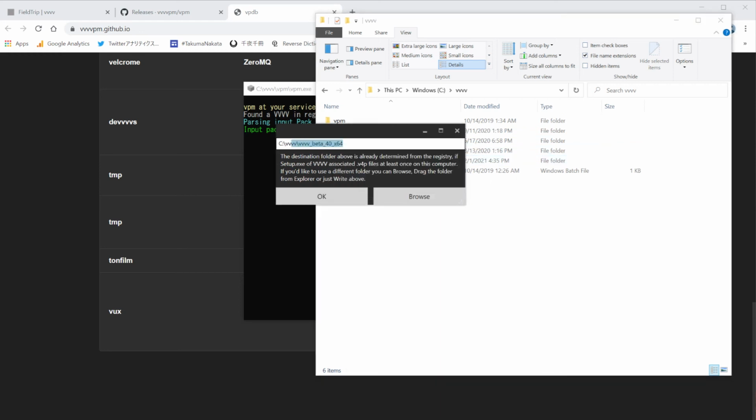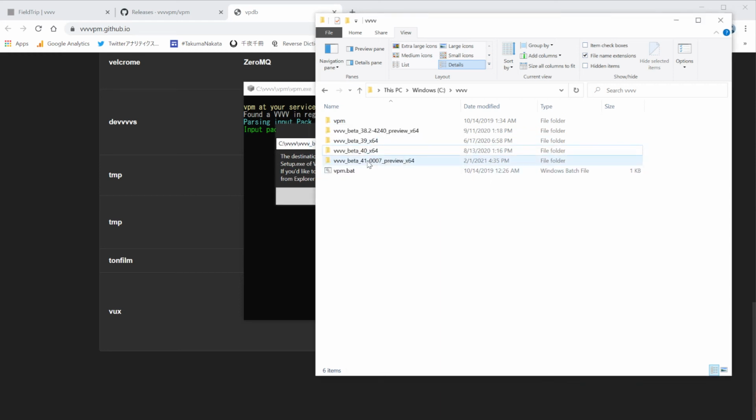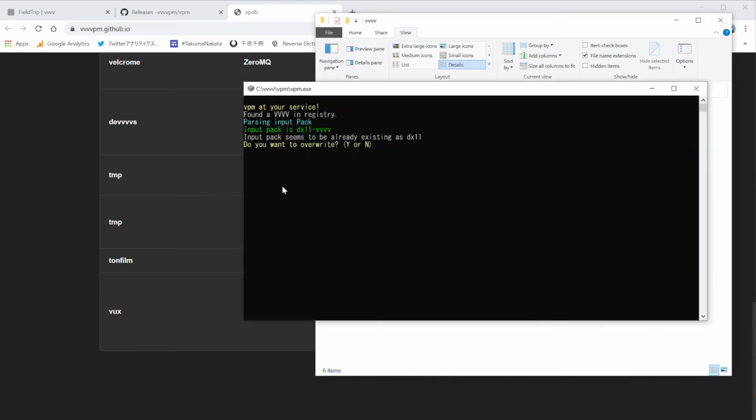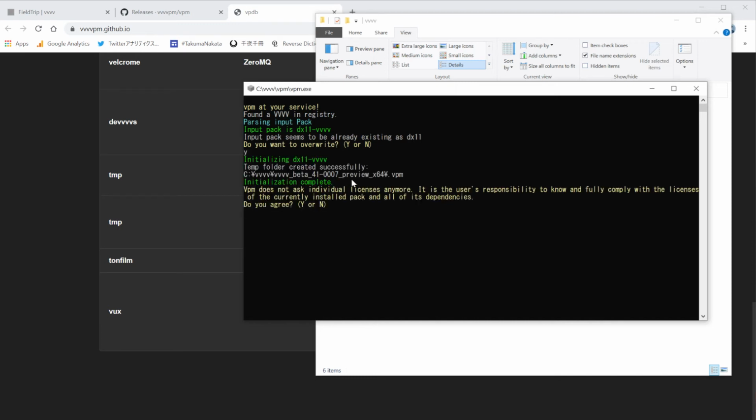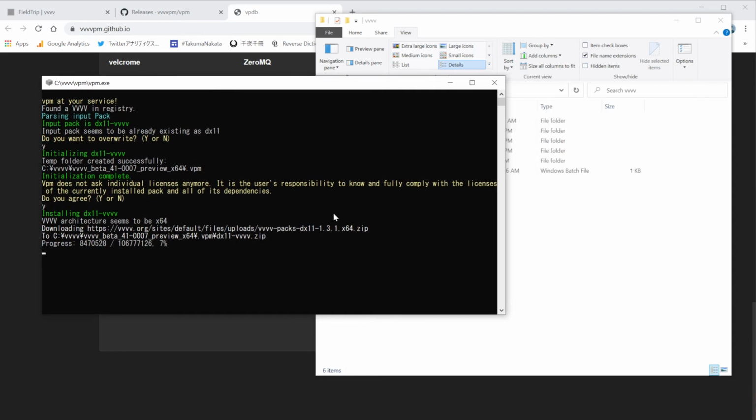If this shows up for you, and if this is wrong, then what you can do, you can just drag and drop the folder here, and then press OK. And then I would just say overwrite yes. Yes. Yes. And then if you press Y and enter,